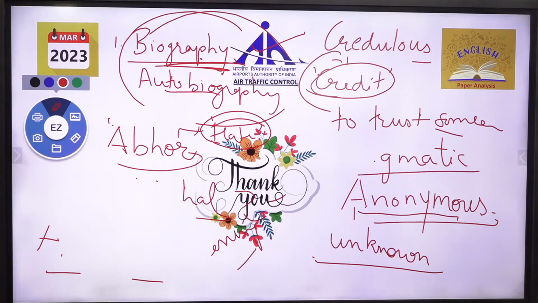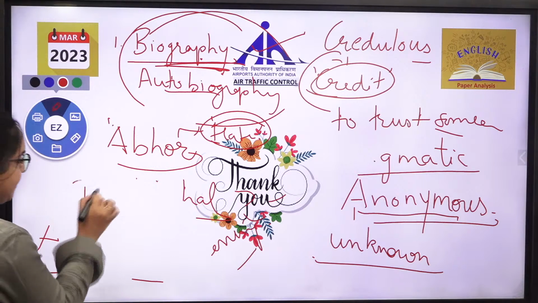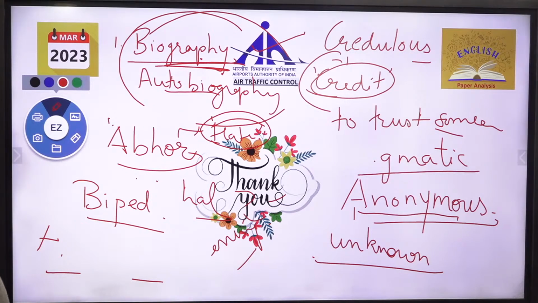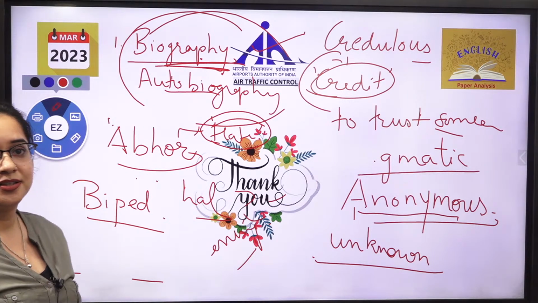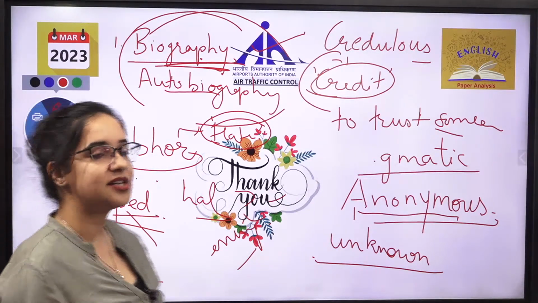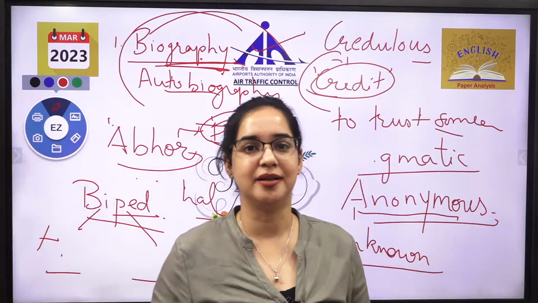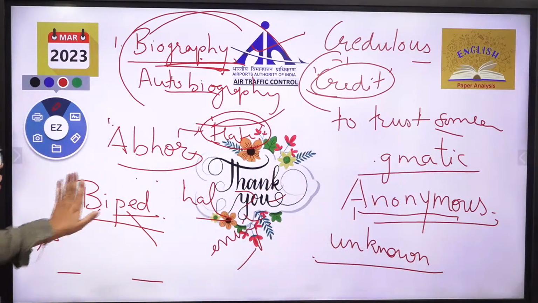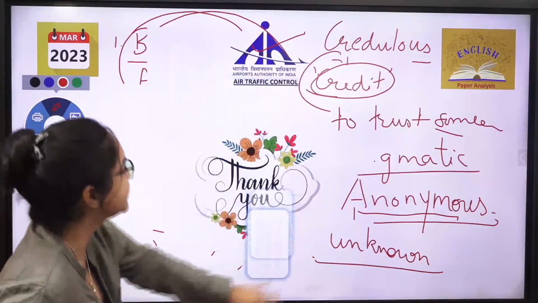अब इसी चलते हैं. What is the meaning of बाइपेड? बाय होता है दो, पेड क्या होता है? पैर. जिनके दो पैर होते हैं, that is biped. Are you all biped? We all are biped, right? We are not walking on all fours, so biped means one who possesses two feet. उसी तरह से इसको याद कर लो.